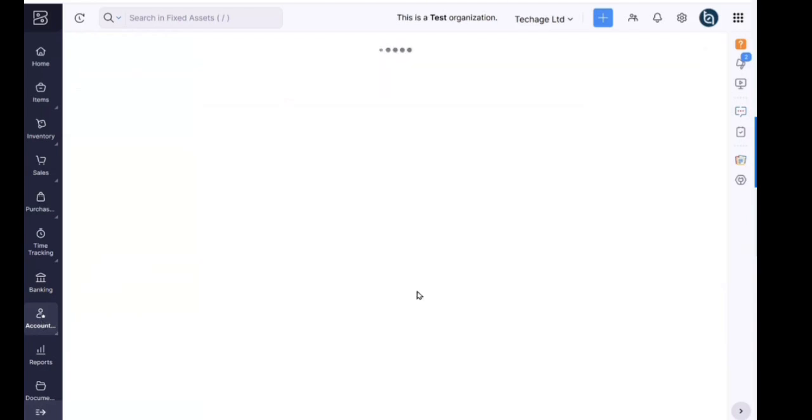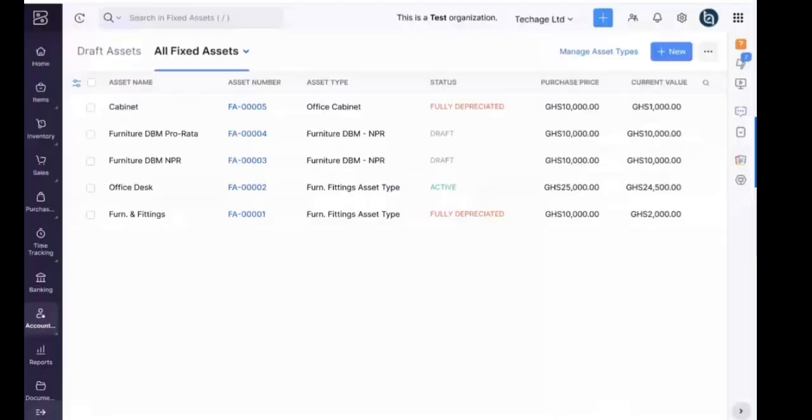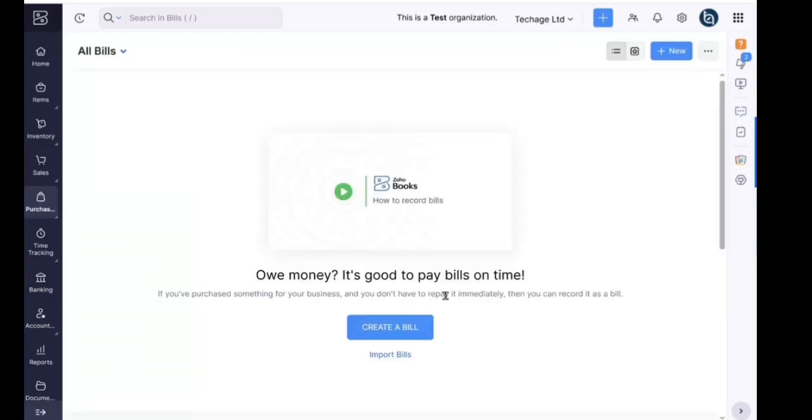Back to fixed asset. These are not the only ways you can actually add asset to your system. You can also add asset by purchasing a particular asset. So to add asset by purchasing the asset, let's go to the module itself. There's a module here called purchases module. In the purchases module, we'll have to look at bill. But before you can buy an asset on a bill, you must first create a chart of account for the asset. So let's go to chart of account,